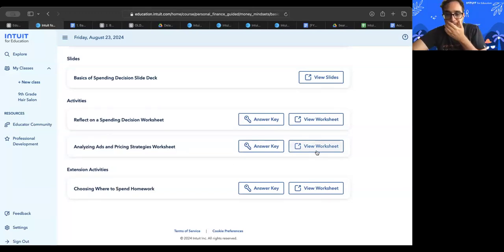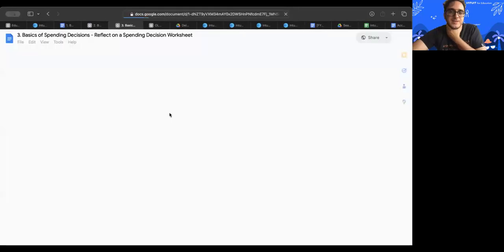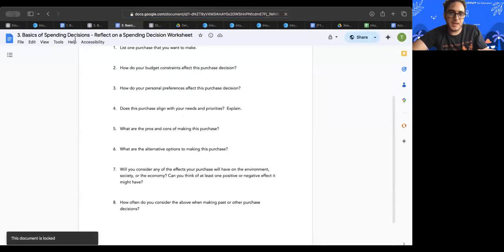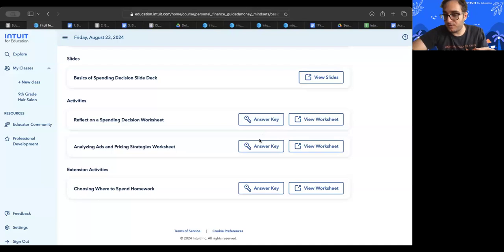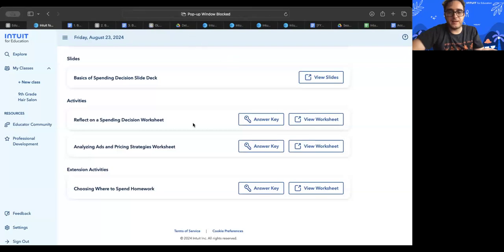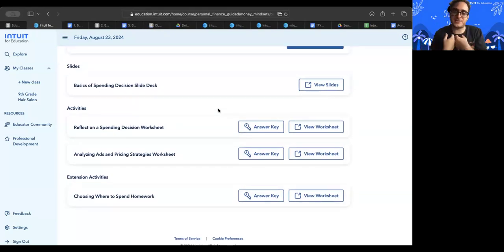Another thing I want to mention, there are these worksheets. Let's open one worksheet. This is something you would print out and give to the students to do as an activity. What I like about this is it has an answer key for you as the educator. It'll pop up here, and then you will verify that you're an educator and that the answer key is for you. We found that a lot of students are finding the answers online, so we've tried to make the questions very customized and unique so it's not so easy to find online. You have the answer, and it's locked so that a student can't possibly get the answer using Integrated Education.